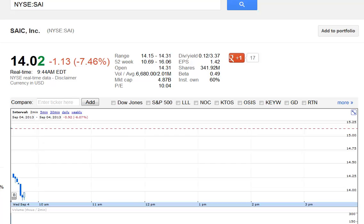It's looking like it might jump back up, and we're looking to go for our next intraday trade as a long here. If it goes up to around 14.10, it's at 14.04 right now. If it goes up, we're going to buy in once again on a long call, hopefully getting in around 14.11. We managed to get into our next trade as a long at 14.12, and we're hopefully going to ride it up 10, 20 cents, sell off again, and wait for it to